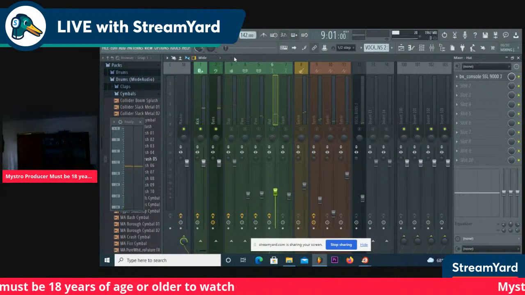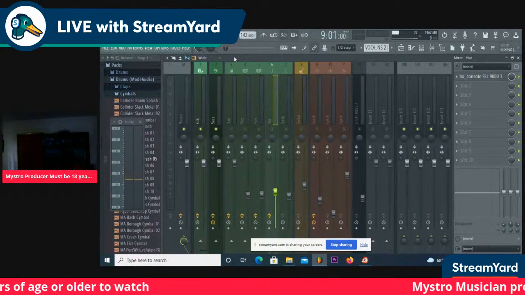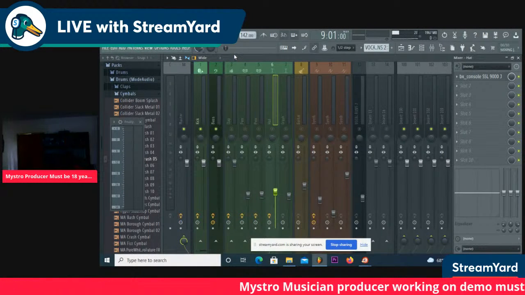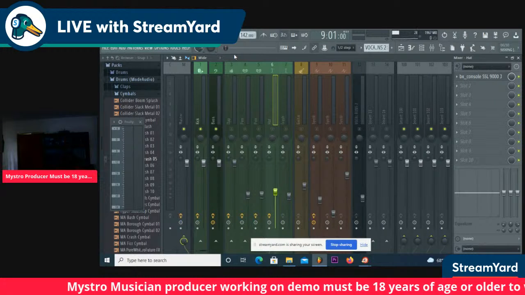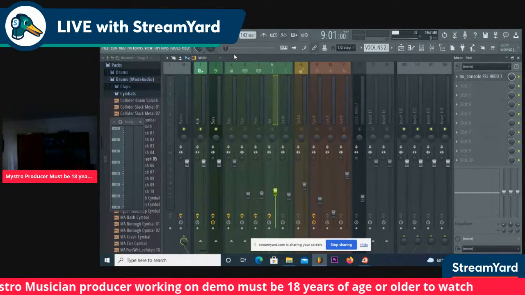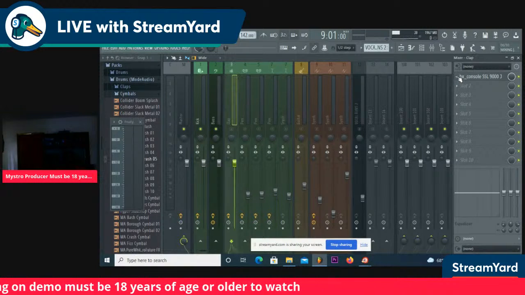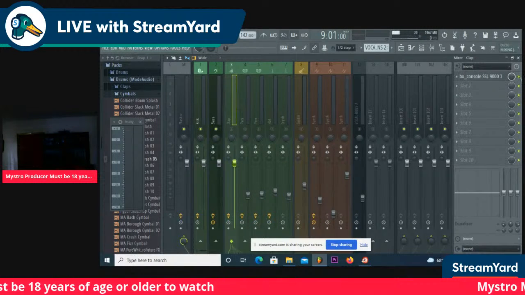Now, even though you may not have these plugins, the same things can be achieved with stock plugins. Okay. Now for this clap, I'm gonna silence the DX